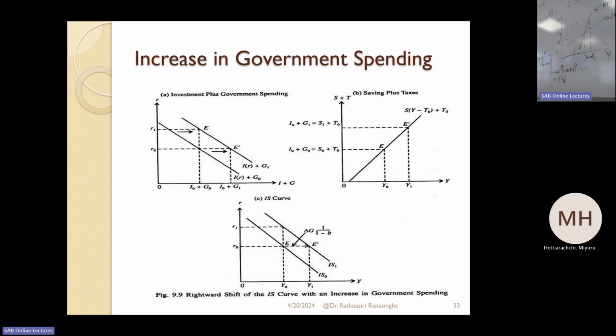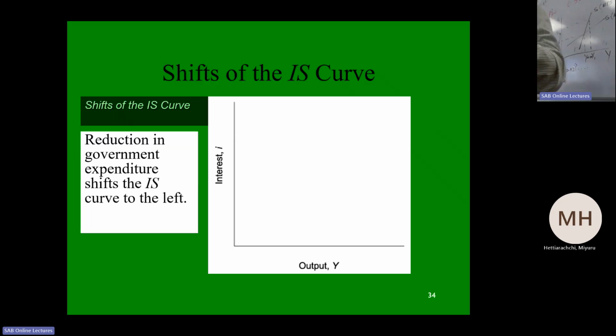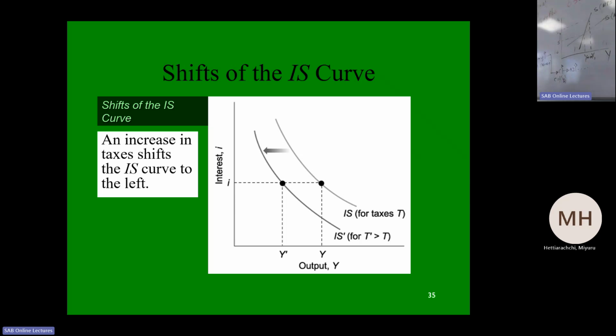Now, if there is an increase in tax, what happens? Tax is a withdrawal, so that will shift the curve to the left if there is a rise in tax. That will change the withdrawal curve. If there is a rise in autonomous tax, what is the next effect? It will affect